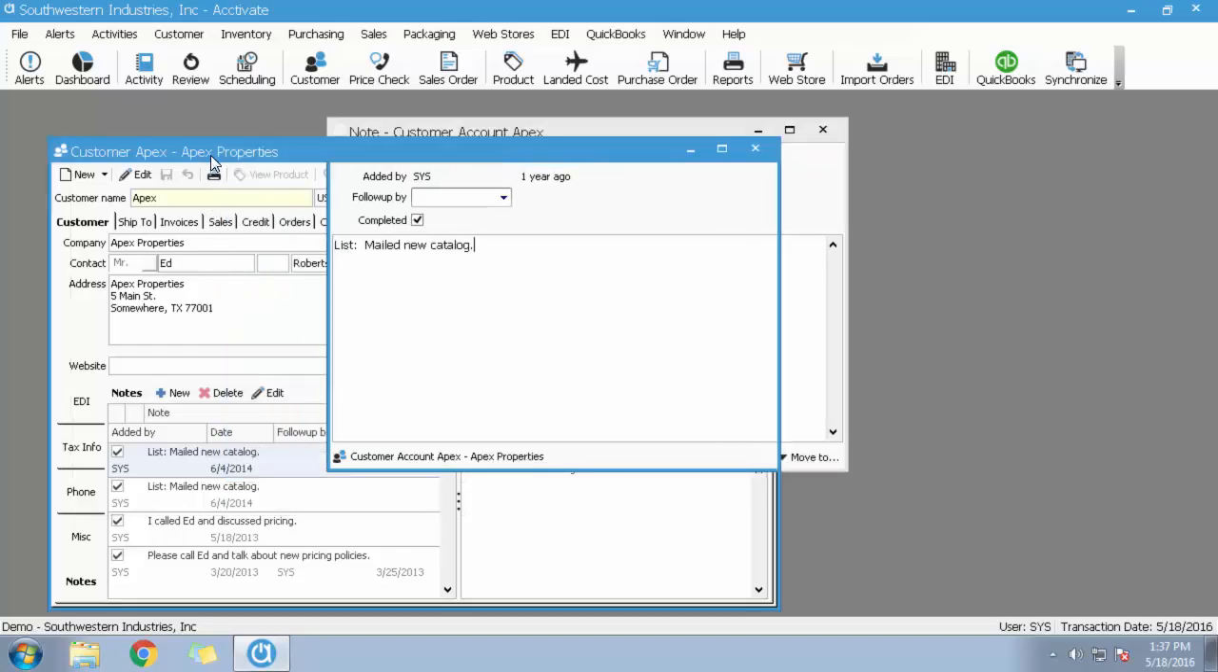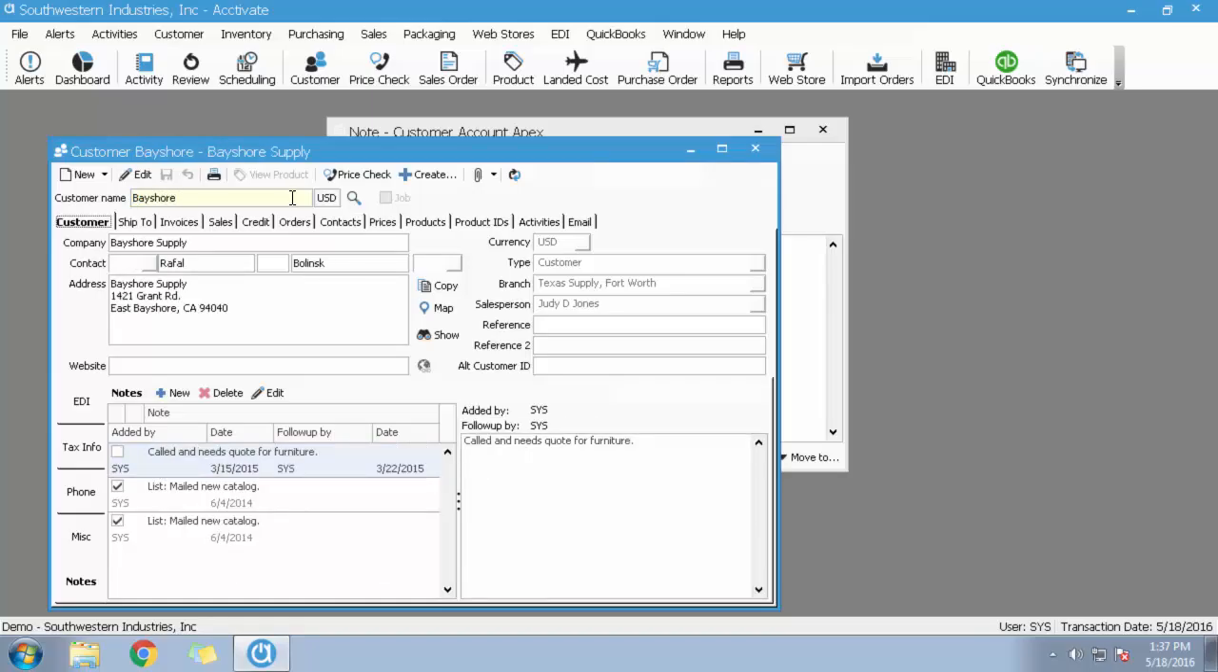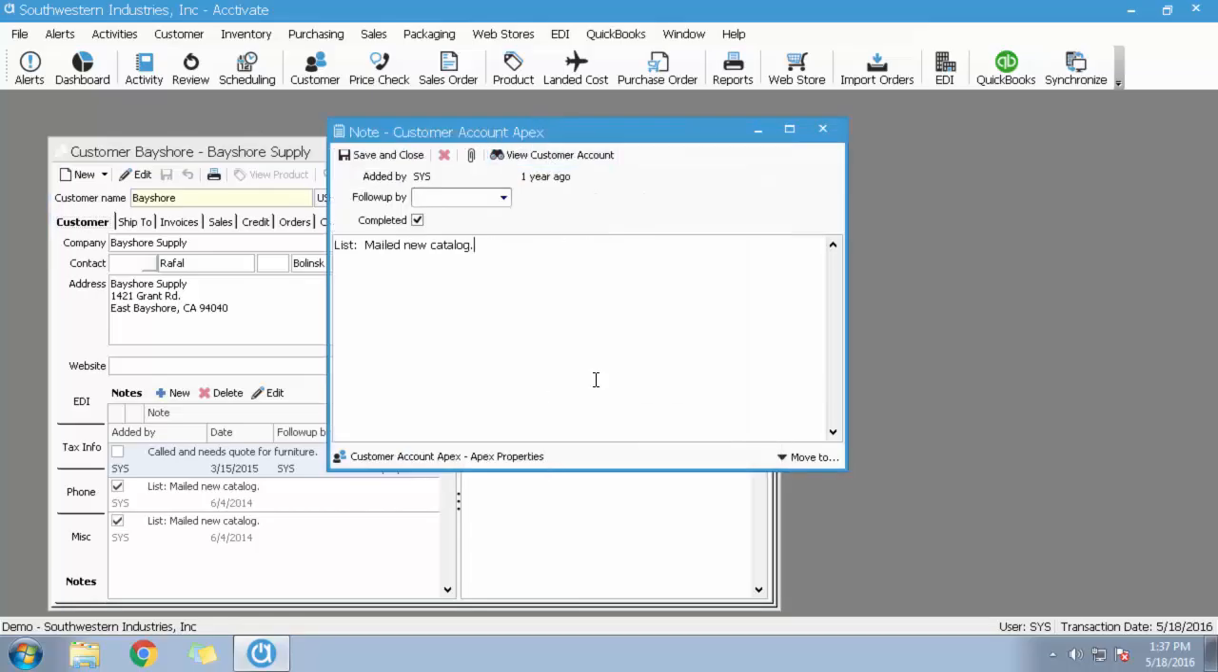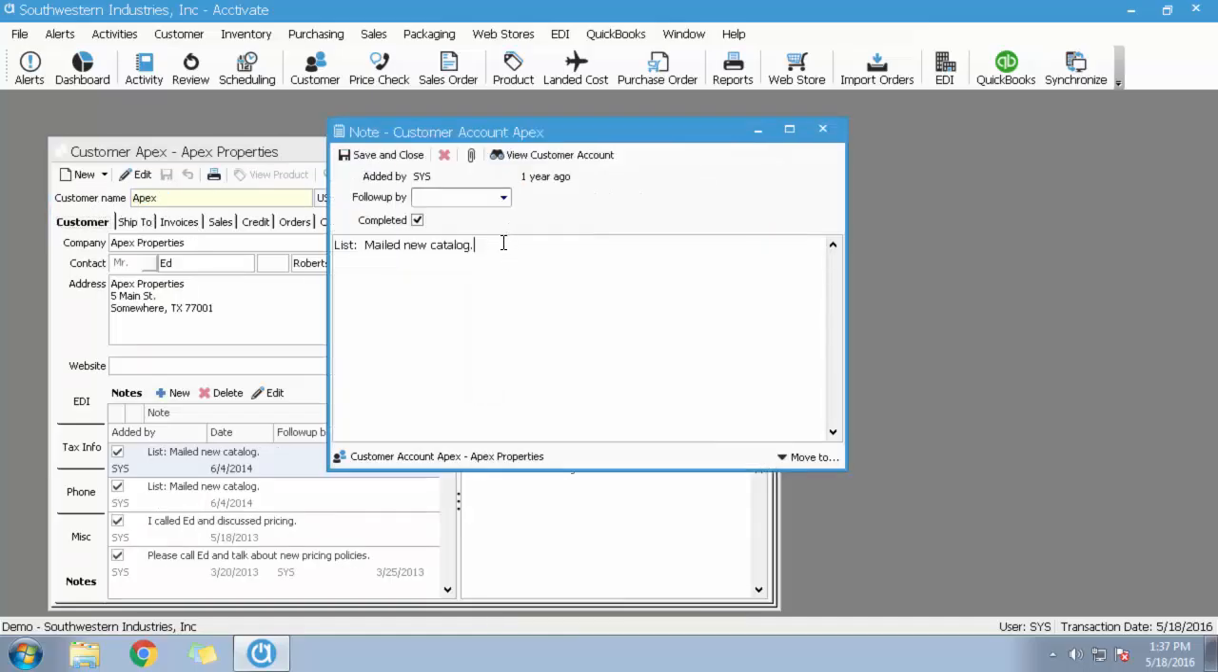Now you can just have it open and you can go through here and maybe you want to go to Bayshore and take a look at that. So we've still got this customer account, it's linked to Apex, but we're able to take a look at other stuff in Acctivate. And also, if you have a follow-up by incomplete, we're going to go ahead and save